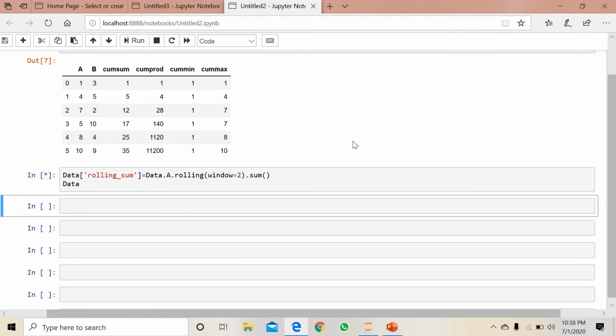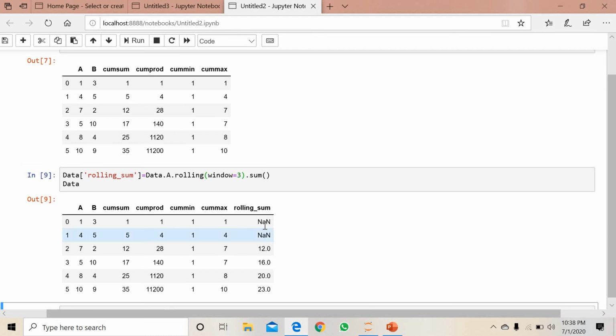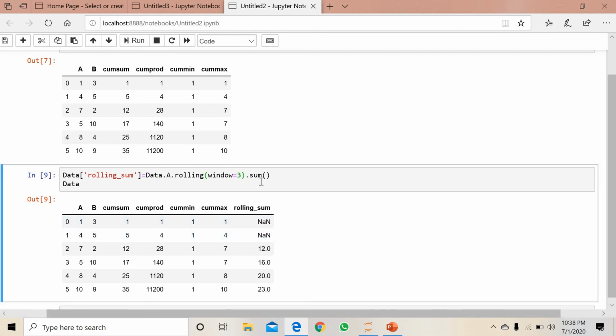So once you calculate, you can see here the rolling sum column is added, okay, and with the NaN, because we have put the window equals 2. If you put the window equals 3, you can get accordingly, right? Okay, now one more attribute we have, that is, let's say you want to check the NaN as well, meaning in place of NaN, which one is the value. So in that case, simply min_periods is the attribute.